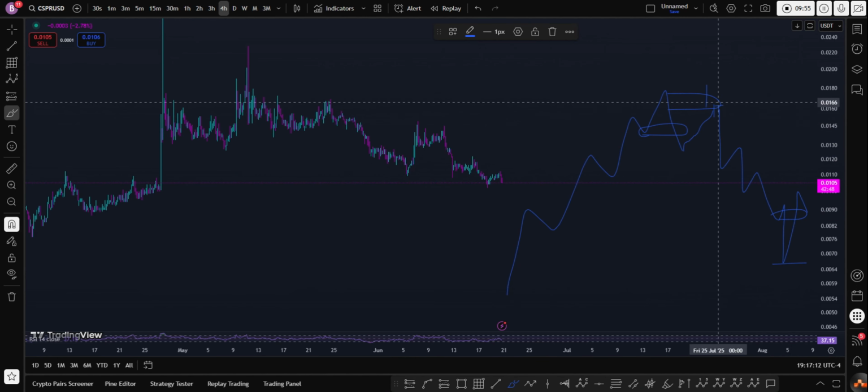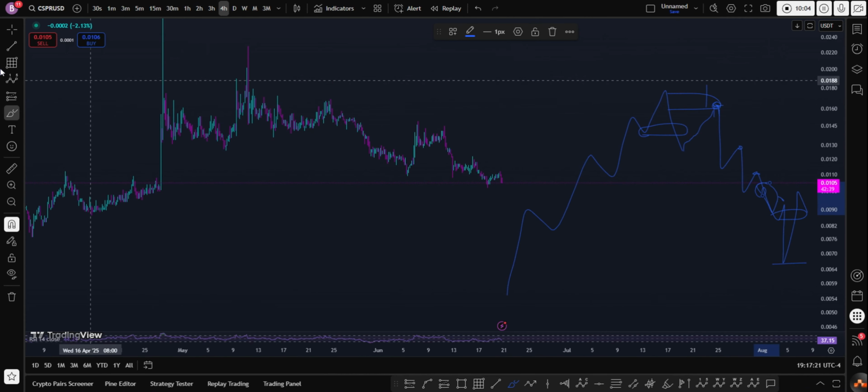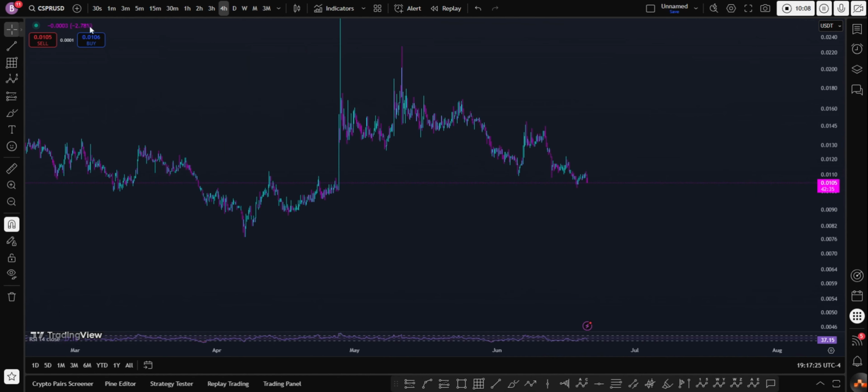And if you are a seller, the retest of these supplies is where you sell. You don't just sell from anywhere in the middle here. So ideally, that's what I'm looking at. The narrative